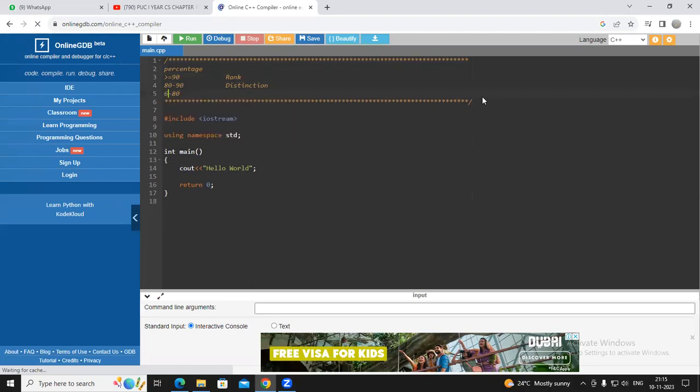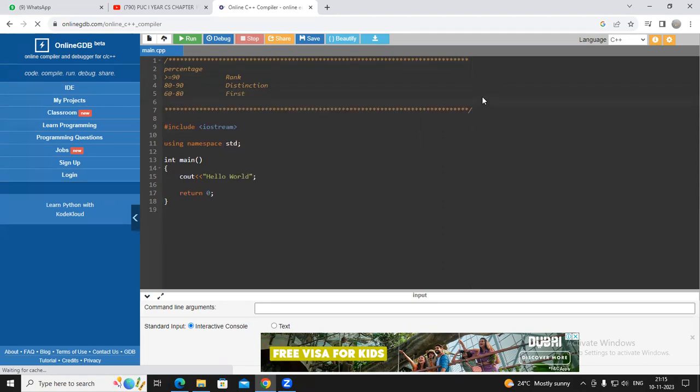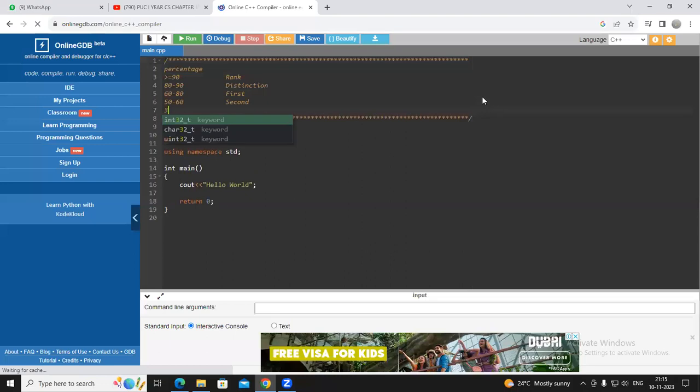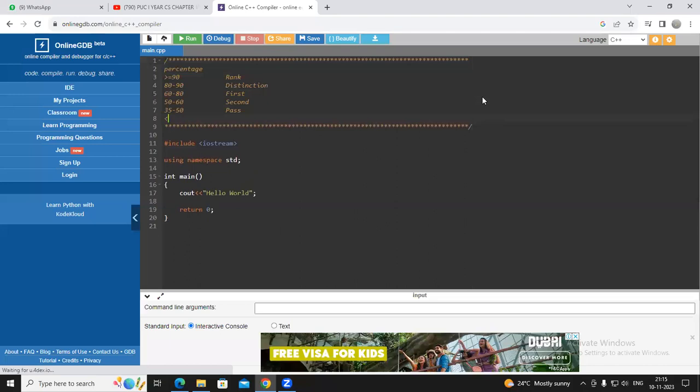60 to 80, we'll call it as first class. Just assumption it is. 50 to 60, second class. And 35 to 50 is third class or just pass. Less than 35, fail. So if you want to do a program for this,